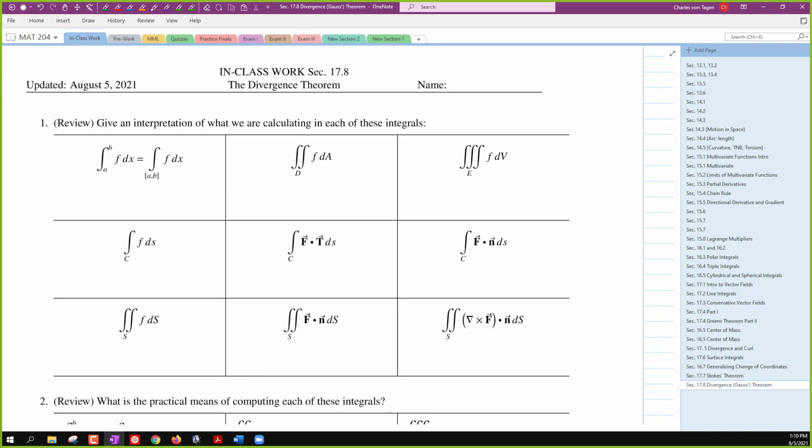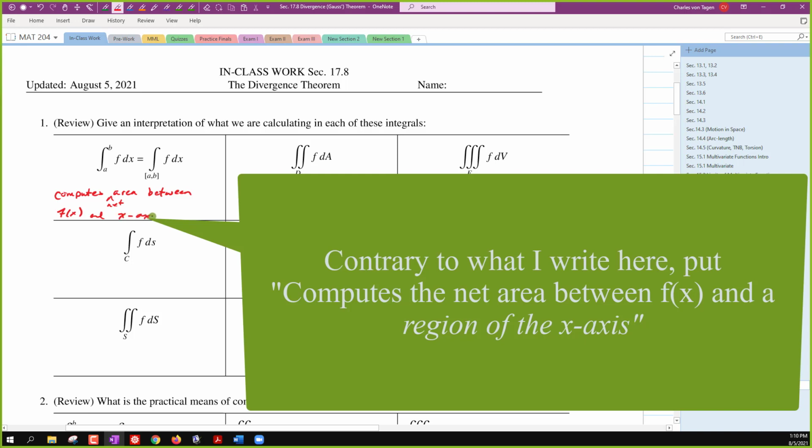with in this class. So the first type of integral that you learned was in Calc 1, and it was this integral right here. This is your Calc 1 integral, and if you want an interpretation of it, it computes the area between the curve f of x, and I should say net area, the net area between f of x and the x-axis. Okay. Nothing new there, folks, but I just wanted to, this is what we're just kind of comparing and contrasting